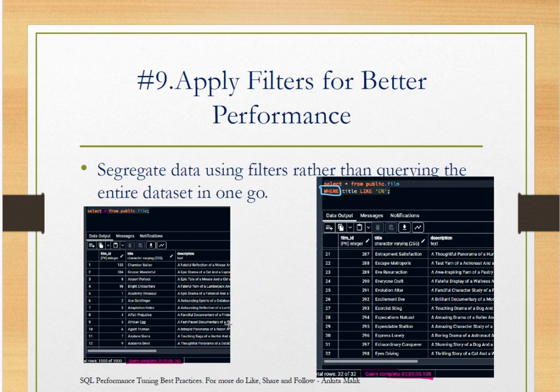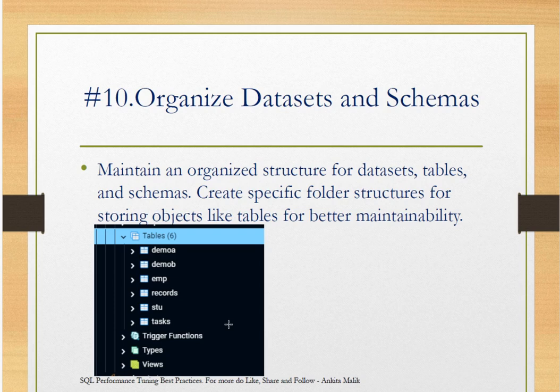Next is apply filters for better performance. For better query execution, you should always filter your data. Instead of going for the entire data set, filter your data using the WHERE clause, using